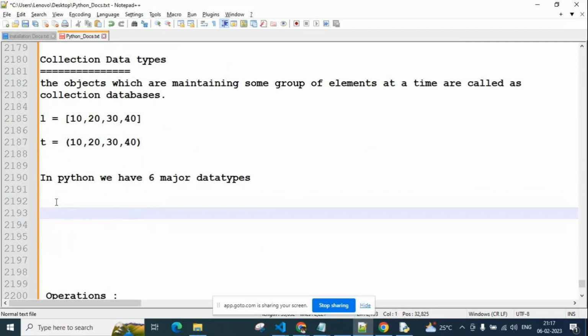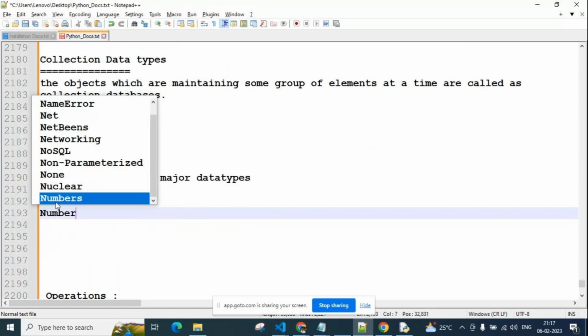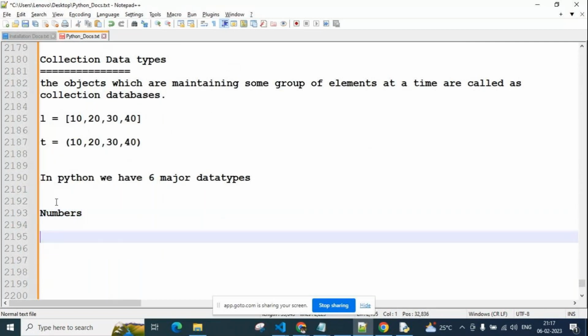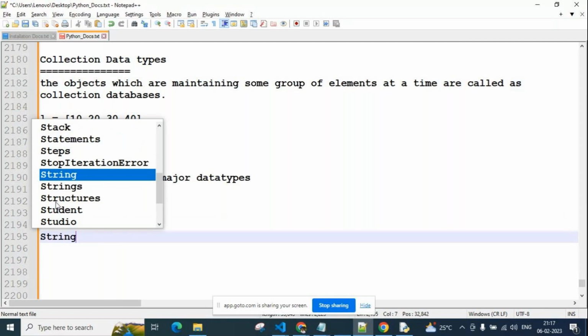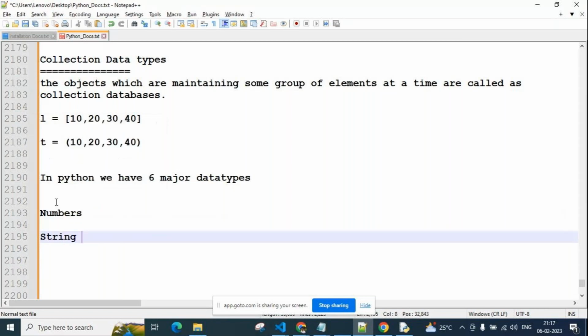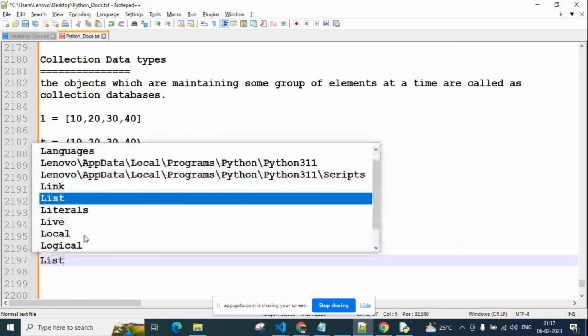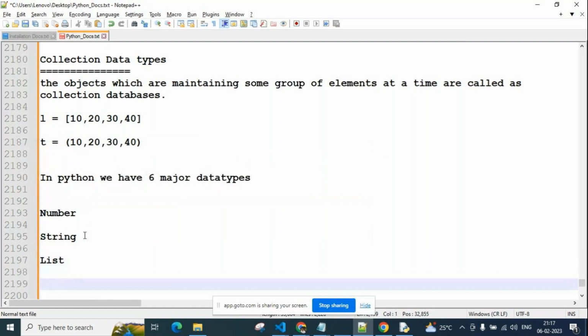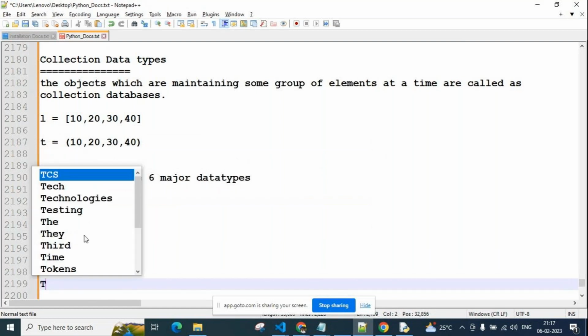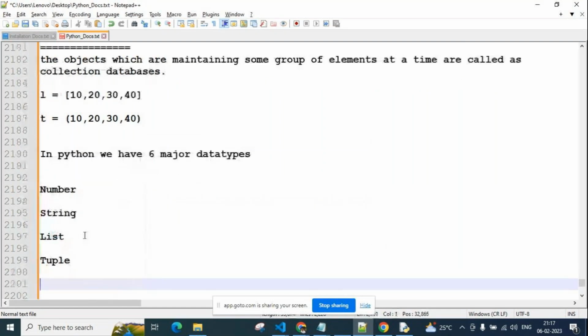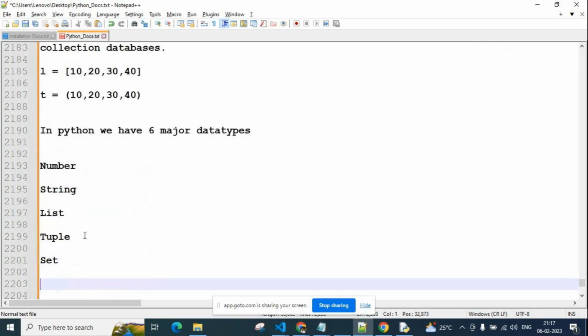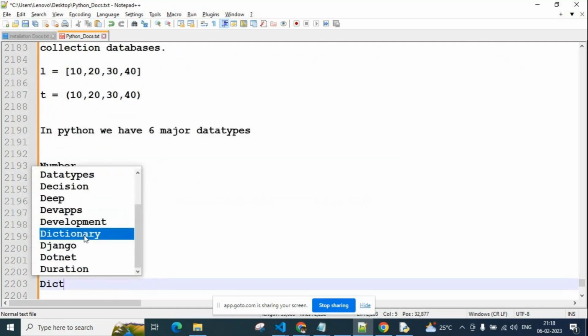What those are: one is number type, another one is string type, another one is list type, another one is tuple, another one is set, another one is dictionary.